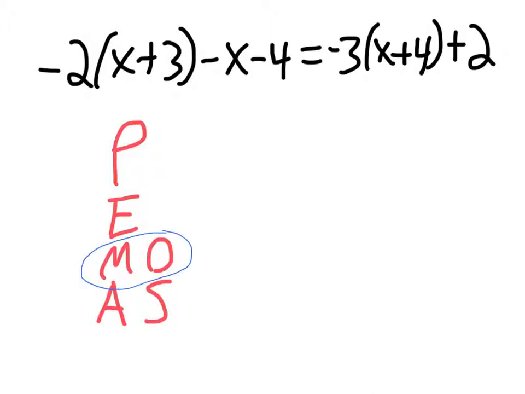multiplication and division, they should happen at the same time. Multiplication and division, the way you decide which one goes first is it goes left to right. So whichever is the leftmost operation, that's supposed to happen. And same thing with addition and subtraction, they happen at the same time. The way you choose which one to do is you read it left to right, just like you read a